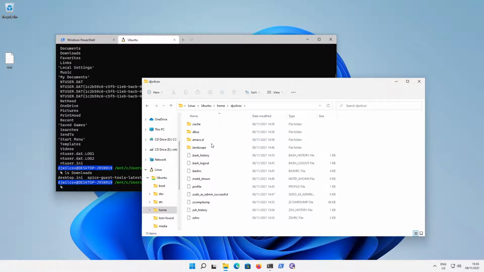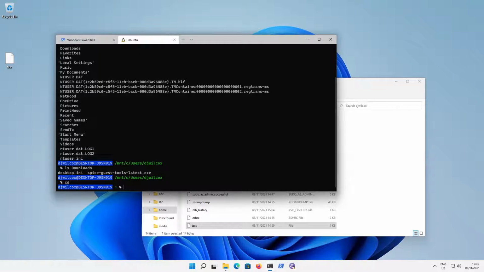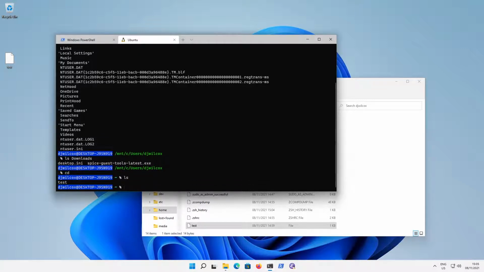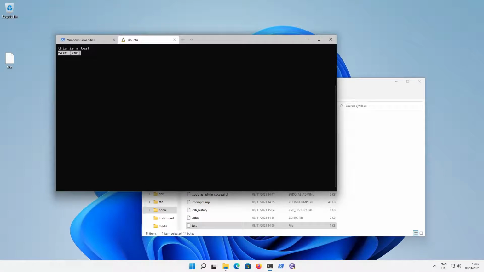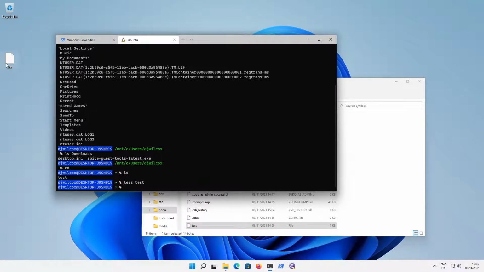So I should be able to just copy this text file into the Linux side. I just copied a text file from the Windows desktop directly into my home directory in Ubuntu. If I have a look here, you'll see test, let's test. This is a test. So just by dragging that file